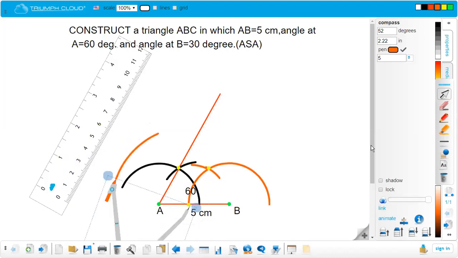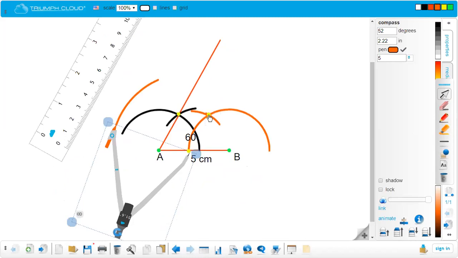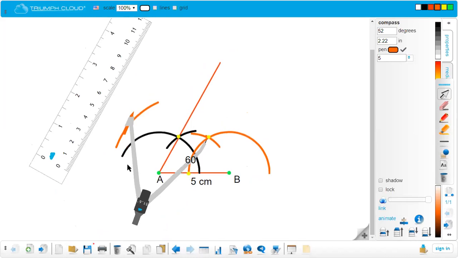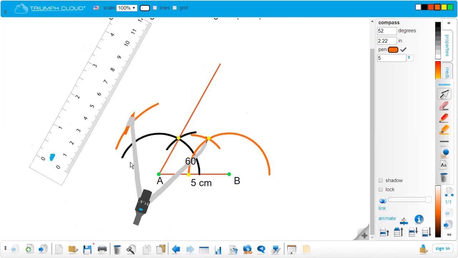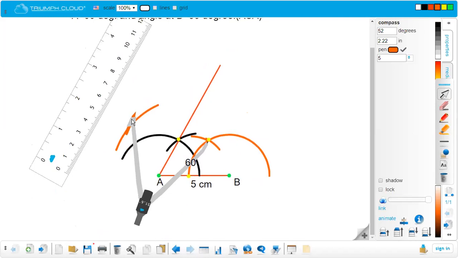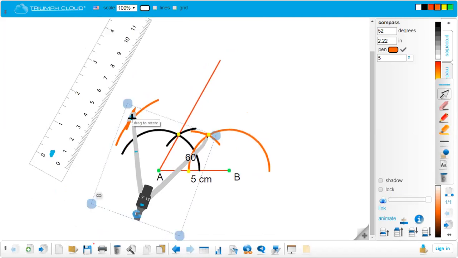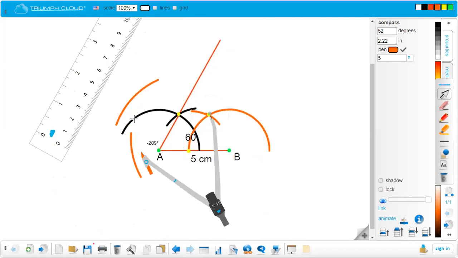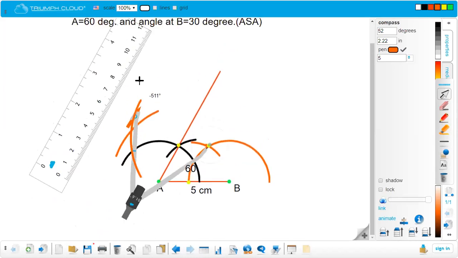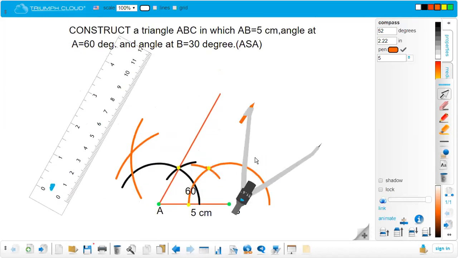Okay, and let's cut the same arc from this point of the 60-degree. This is the point of the 60-degree. This is the point of the 0-degree, and here I have made this arc from this point of the 0-degree, and let's cut the same arc from the point of the 60-degree, and that will be the bisection of the 60-degree. Let me bisect it. Okay, this is the bisection.